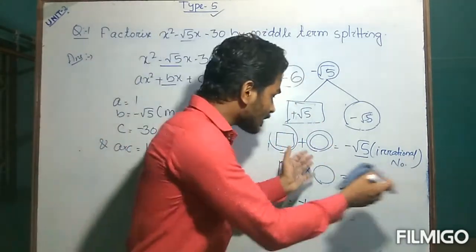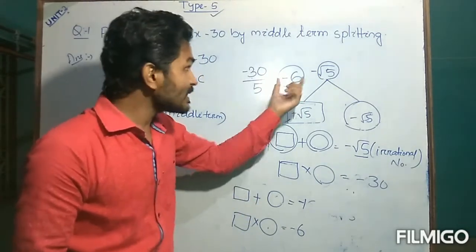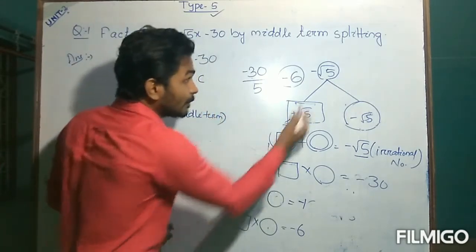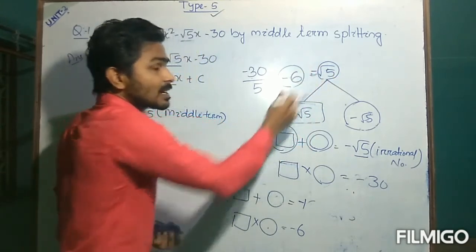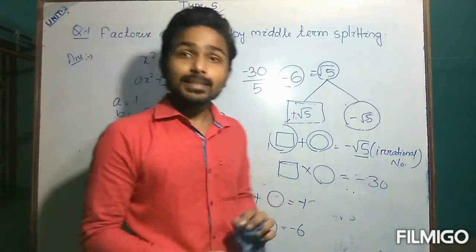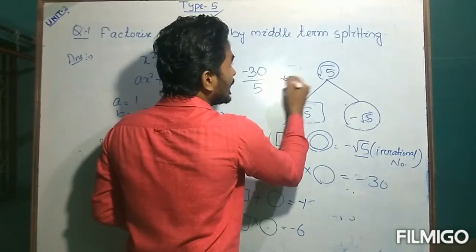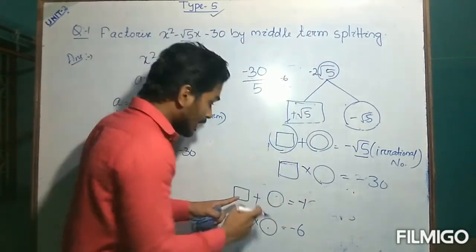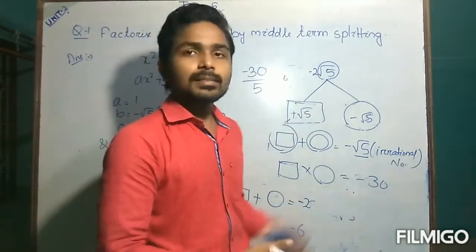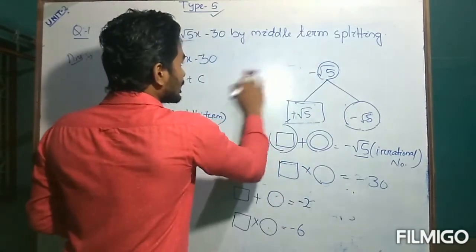Now this large number turns into a smaller number. How? Now we need to divide minus 6 into two parts such that their addition will give this rational part, minus 1, and their multiplication will give minus 6. Suppose if it is minus 2 root 5, that means their addition must give minus 2 and their multiplication must give minus 6. Now it is very simple.